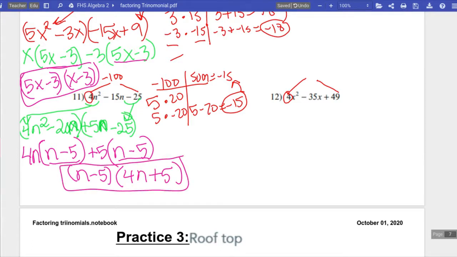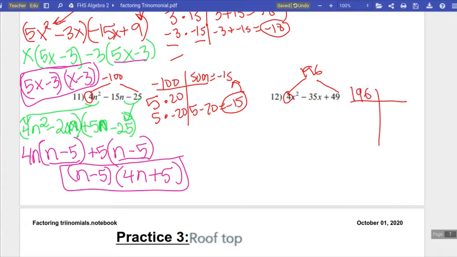All right, let's do another one. And another one. All right, so what is 4 times 49? Okay, I'm literally plugging it in my calculator. 196. Okay, this one is going to be interesting. I might have to use my